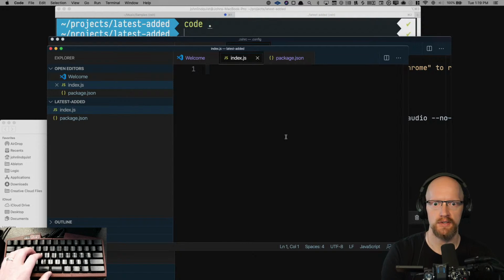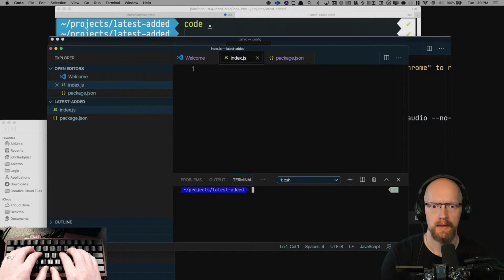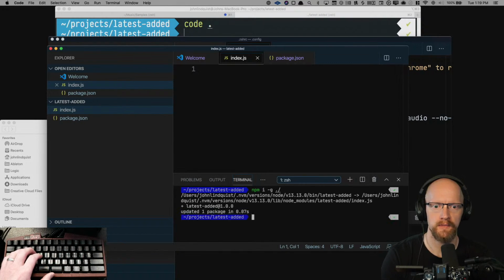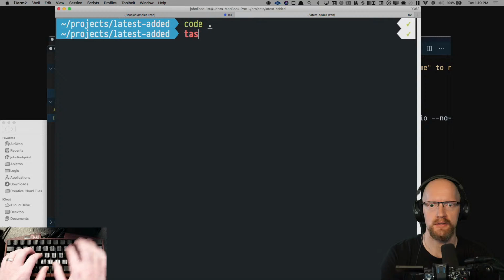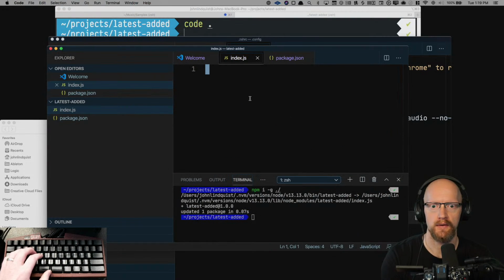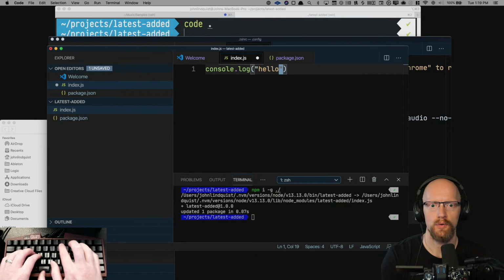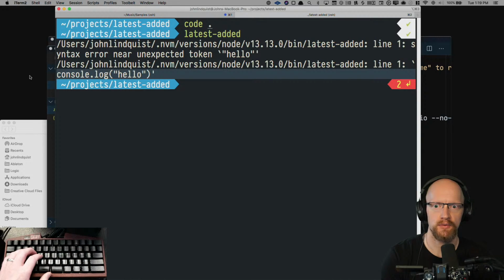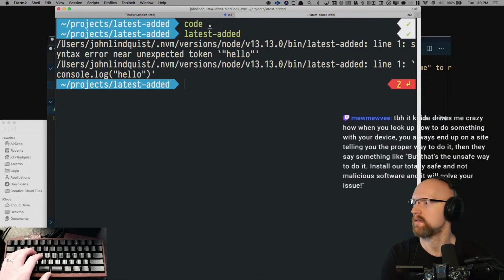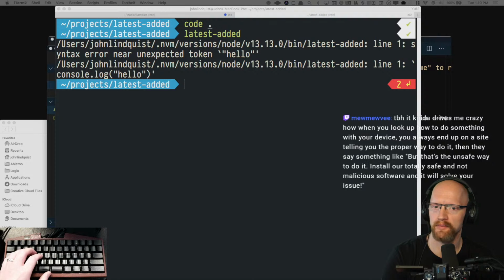So say, for example, I were to just npm i globally the current directory right now. You can see it grabs latest added. So that's going to come from here. And now if I type latest, well, I need to add something to that script actually. Console log, hello. Then come over here. I type latest added. You'll see it tries to run this, but we actually,